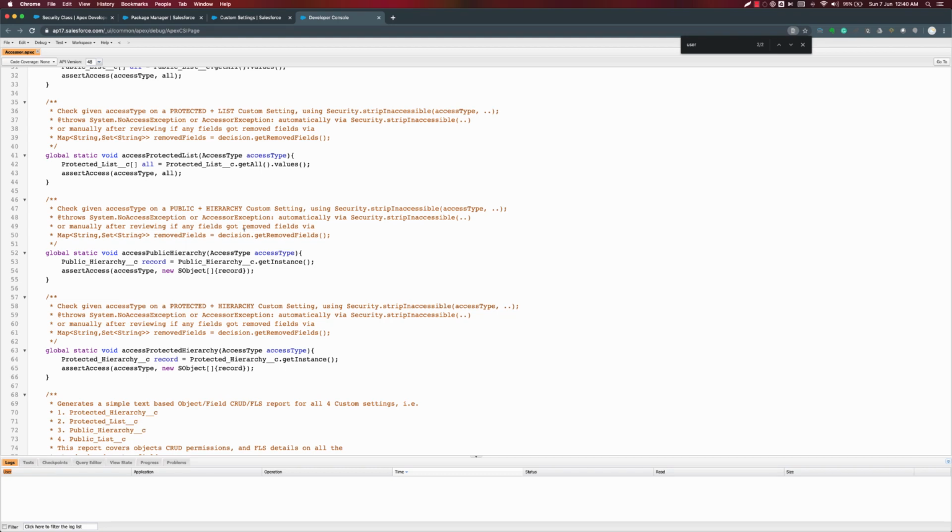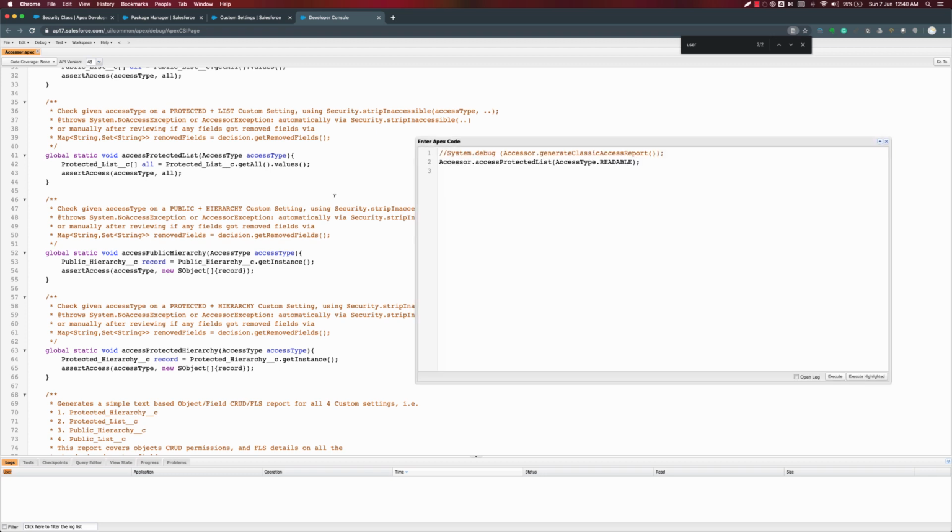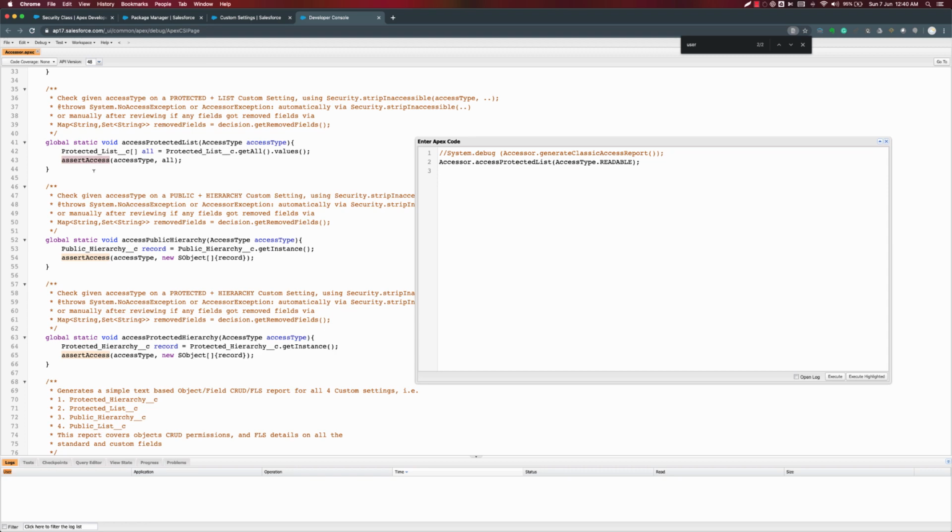Before we move on, let's again make sure that we have this method working well in our packaging org. So let me comment this out, and let's call the access protected list method, because these protected ones are the ones which are failing. And just to explain, this is a void method. All it does is throw an exception if there is a problem, otherwise it goes off silently.